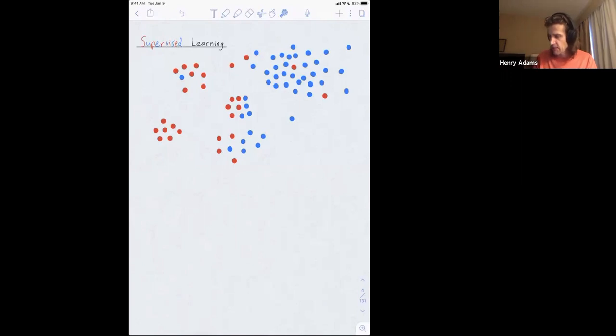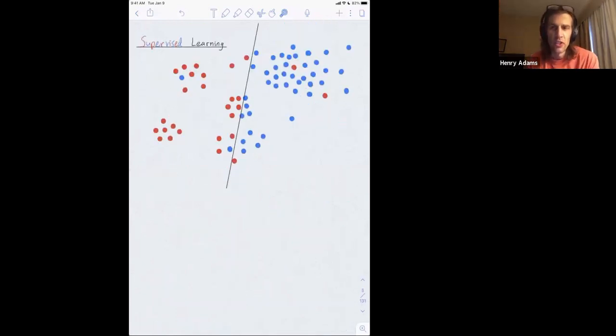And here your task might be more, well, now pretend I'm giving a new data point. Do I predict this person is a runner or a weightlifter, right? Well, here, you would predict it's one of these red data points. Whereas if that data point were over here, you might say, oh, I predict this is a blue data point.